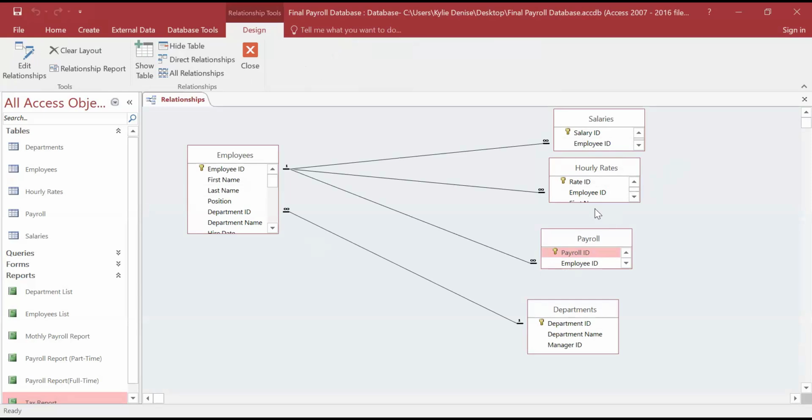How much time did you take to create this whole presentation? Oh, it took me time because I installed MS Access just last week. So I repeated this database many times just to check how it works.